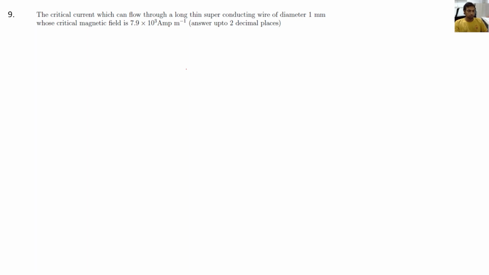Now come to the next question. The critical current which can flow through a long thin superconducting wire of diameter 1 millimeter whose critical magnetic field, okay, so the critical magnetic field is already given and the radius is given. We just have to find the critical current, and we know the formula. It is simply,